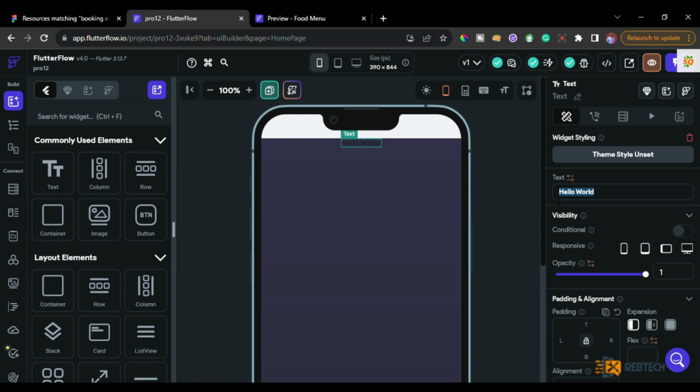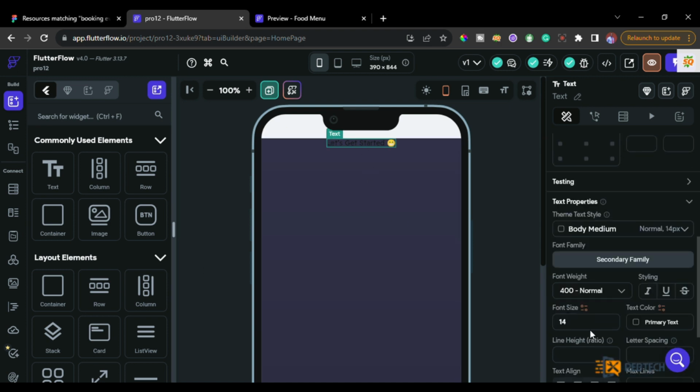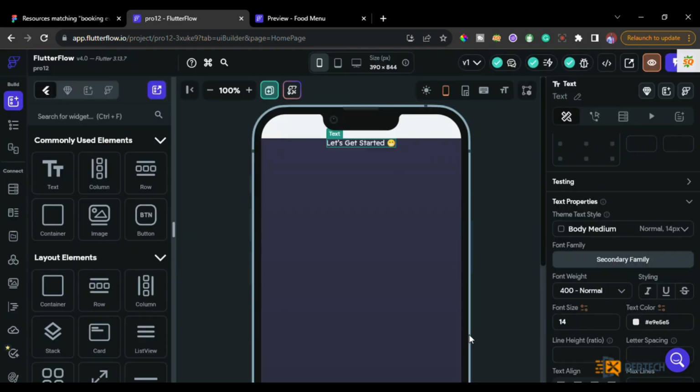Alright. Yes, so that is it. Now let me copy the color here. So let's come down. This is the text color. Let's change it to this color. Let's use the color so it's clear. Let's change the text to